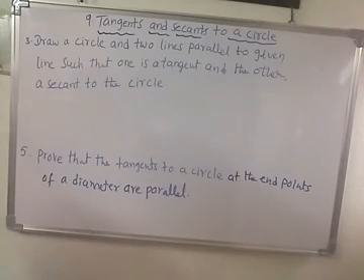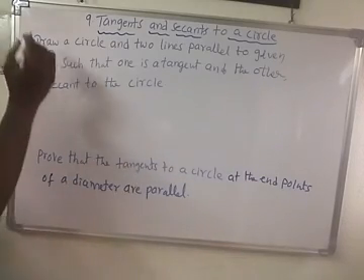So today we are going to continue the previous chapter, that is tangents and secants to a circle. So what is a tangent? If a line touches the circle at only one point, then the line is called the tangent of the circle. And what is a secant of the circle? If a line intersects the circle at two distinct points, then the line is called the secant to a circle. Okay, right. So yesterday we solved some problems in exercise 9.1.